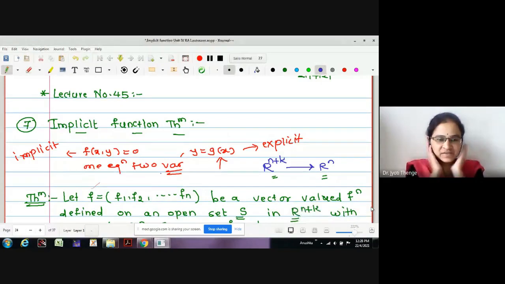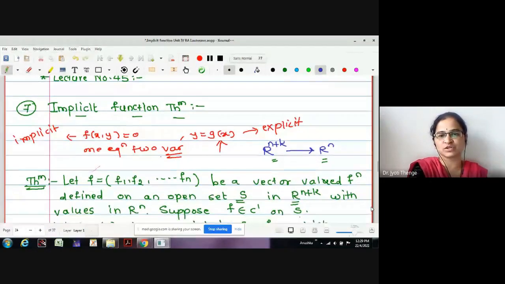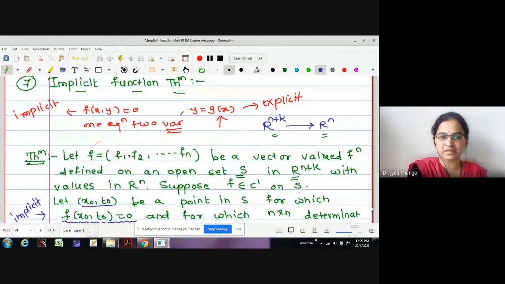In the last lecture, we have studied an important theorem named the implicit function theorem. This theorem is actually giving us the interpretation, the concept, or the idea regarding whether an implicit function is being converted to an explicit form. Though it is a function of two variables, one equation in two variables, it will actually be difficult to convert this implicit form of function to an explicit one. It needs some extra conditions in order to convert it.